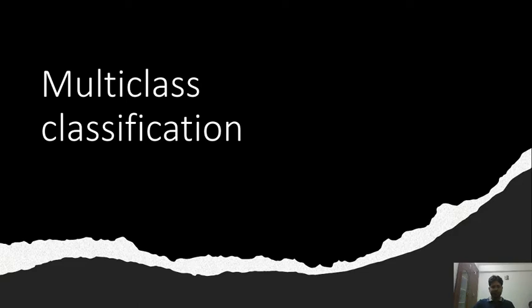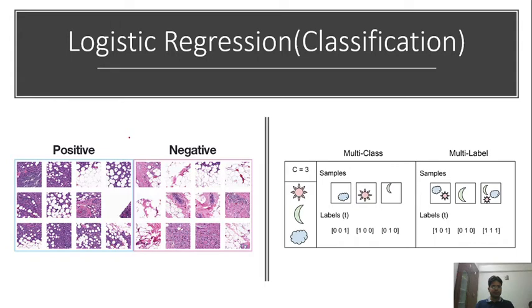In case of multi-class classification, let's first start with an example. Here we have problem 1, let's say P1, and here we have problem 2 and problem 3. In case of problem 1, we have two types of examples. This is coming from cancer data. One is the positive example where the person has cancer, and another is the negative example where the person does not have cancer. So ultimately we have two classes. This kind of problem is known as binary class classification.